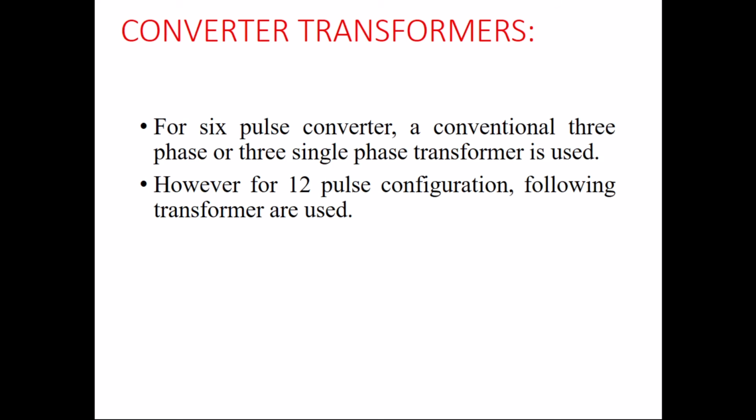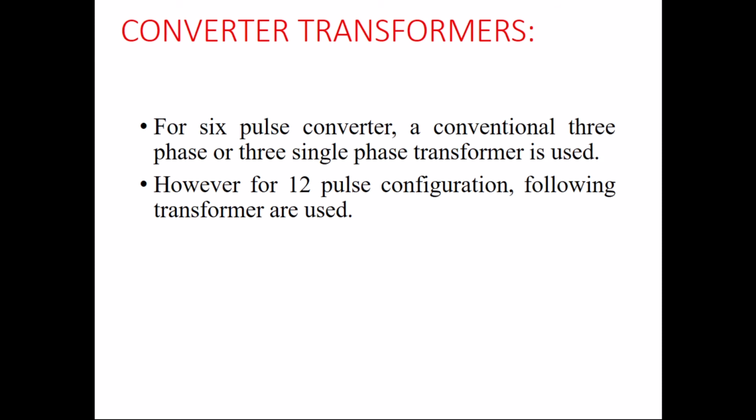Then let's see the different types of converter configuration, which depend upon the type of converter we use. Suppose we use the 6 pulse converter, then we generally prefer to use a single 3-phase transformer, or sometimes we can use 3 single phase transformers, because we require 3 phases at the supply side for the converters. So a 3-phase transformer we generally use, or maybe you can use 3 single phase transformers.